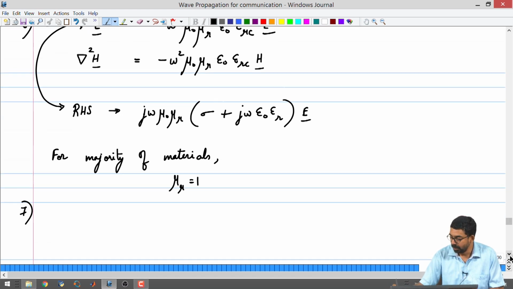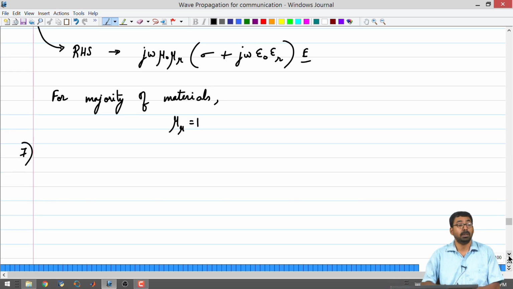I can now start to look at the solutions to the wave equation. We already know that there will be a forward and a backward wave, etc. We already know that there will be a propagation constant. Previously, we had only a phase constant. Now, because you have included the conductivity part, there will be a propagation constant, and we already know from transmission lines that the propagation constant will have a real and an imaginary part. Real part will correspond to attenuation, imaginary part will correspond to the phase constant. Okay. So, we are going to do the exact same thing as we did in the case of transmission lines.